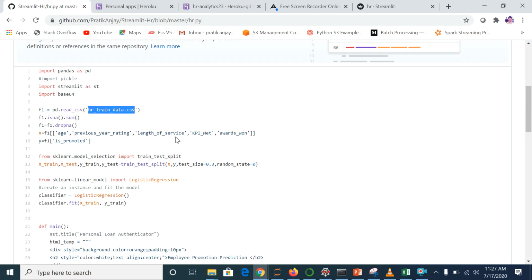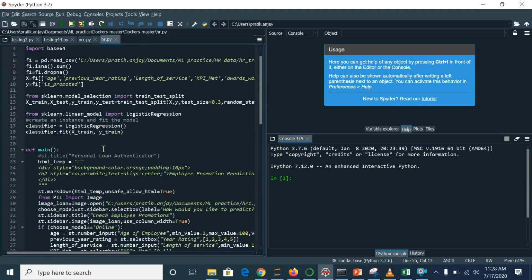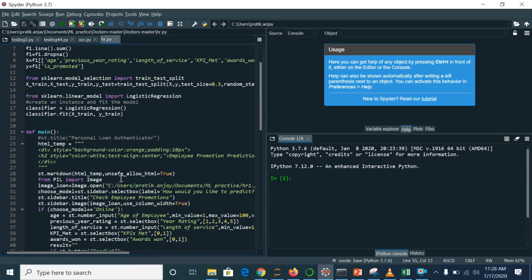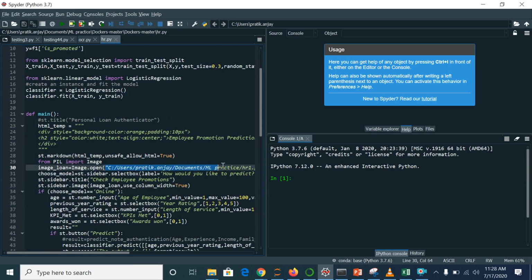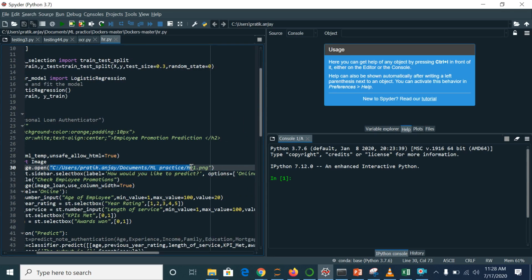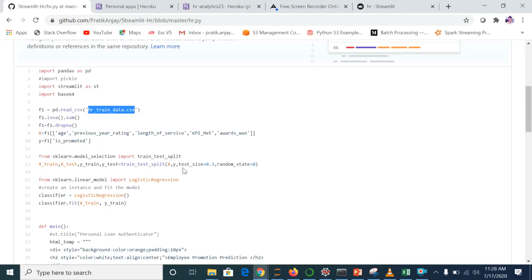I will not be calling this file from my local machine. That is very important, because if you see here, when I am writing the code, I am giving the path for the local repository, but whenever I am putting it into GitHub, I have to remove that path, because we are calling directly from the GitHub repository.